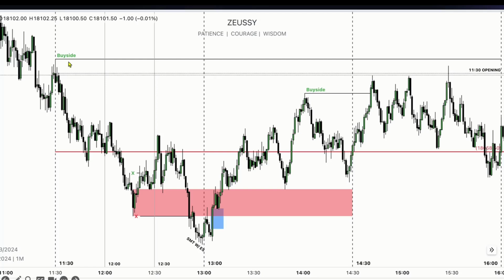First of all, we're going to take a look at 11:30. From 11:30 on, sell side delivery occurred. We can see that the market is being repriced lower. It's expanding lower. It's by no means a clean expansion, but the market is expanding lower. At 1 p.m., the market then has this big up-close candle and begins to show signs of reversing. We are seeing SMT with ES take place right before that 1 p.m. opening. The low on Nasdaq forms exactly at the right time. Market begins to displace higher.